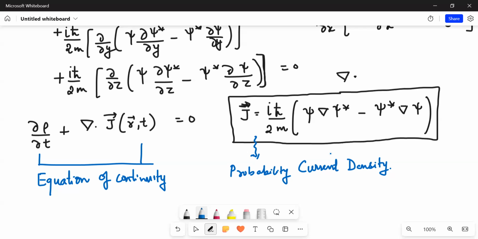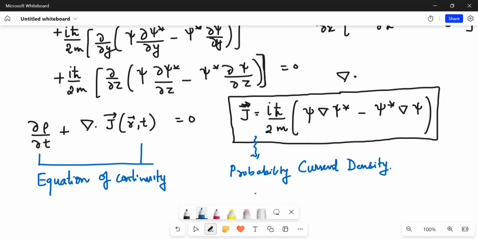Okay, so I got your point. You are saying that probability is defined by length in 1 dimension, by area in 2 dimensions, and by volume in 3 dimensions. In this sense you are saying that it may be called the probability current density, right? This is what you are suggesting. Okay, so I'll find an answer to this.